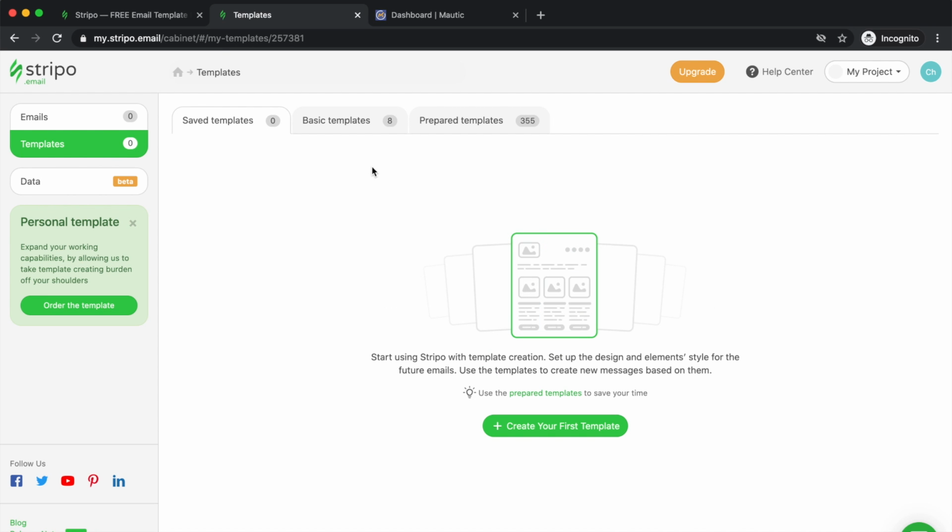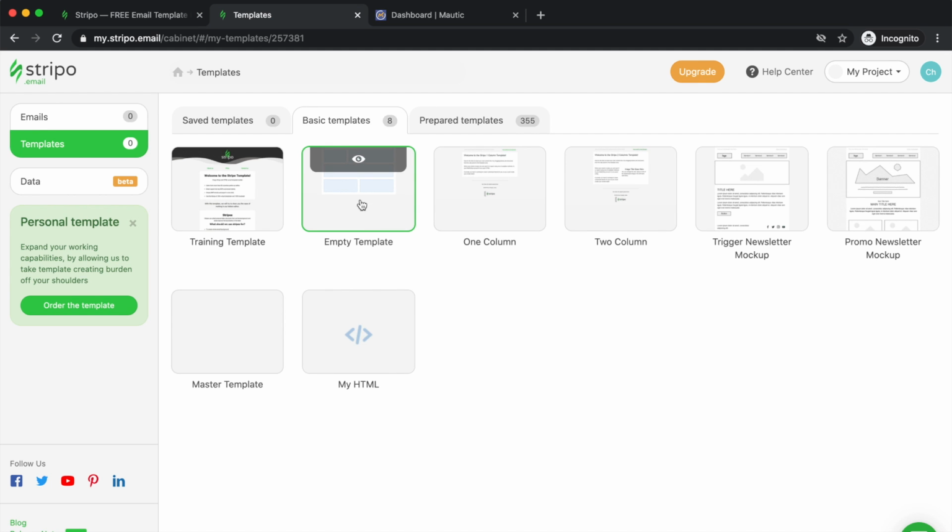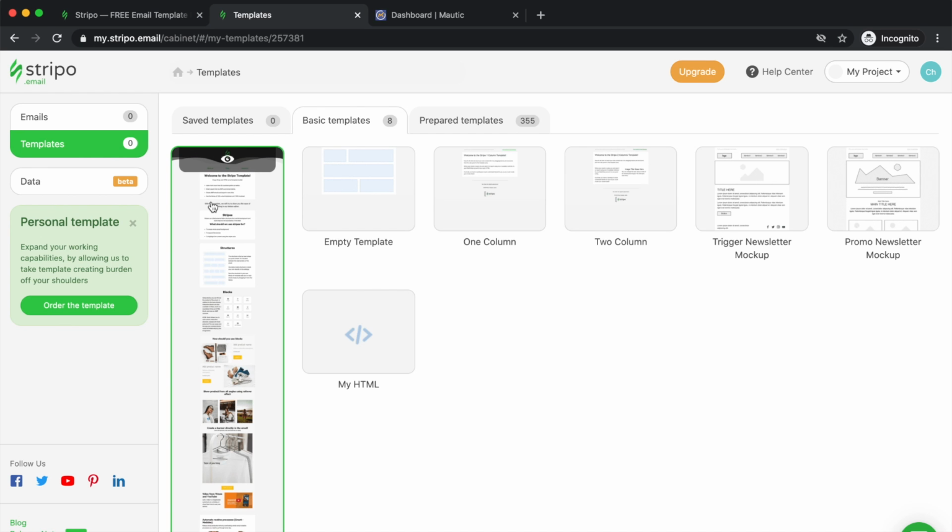And for the purposes of this video, again, we're going to start with an empty template, but I wanted to briefly show you two templates that are very helpful. One is the training template. This really explains, if we open the preview here,